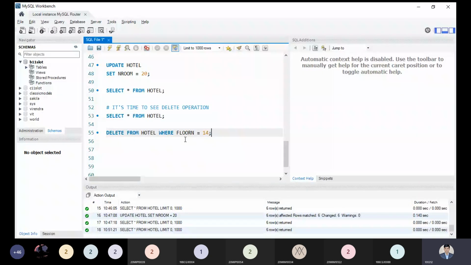Keep in mind my words properly. We are deleting the record where the floor number is 14. Is it clear to all right now? Sir, so the whole record of the XYZ hotel will be cleared. Yes, of course, the entire record will be deleted. We are not deleting the row, we are not deleting the attribute, we are deleting the record. The data which belongs to this floor will be deleted automatically.